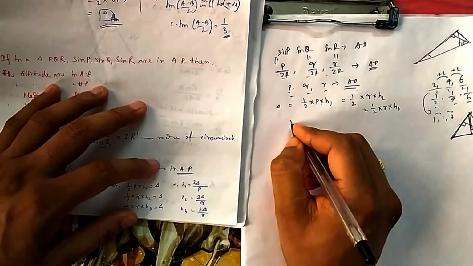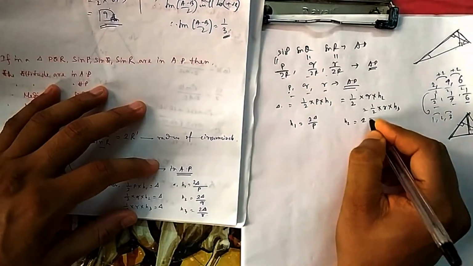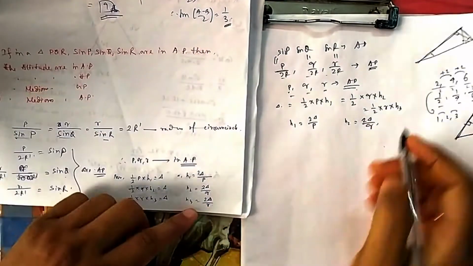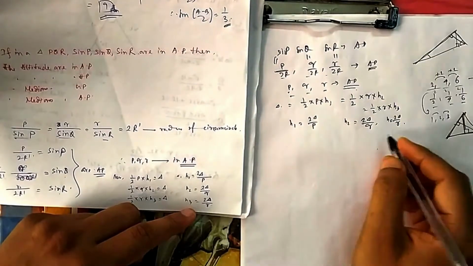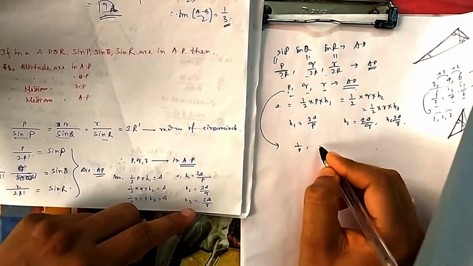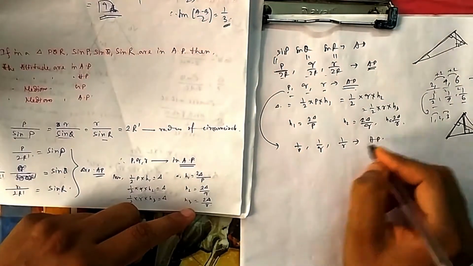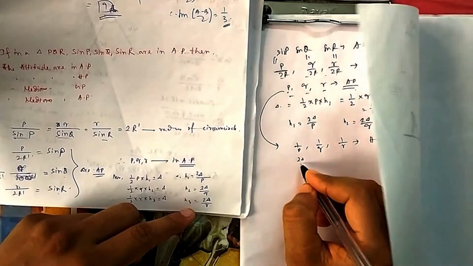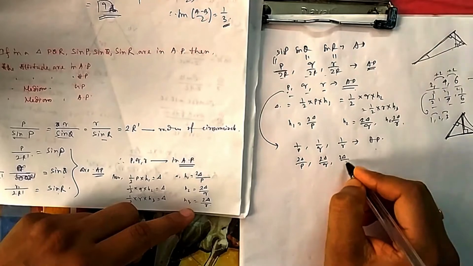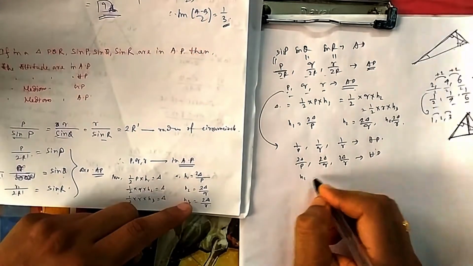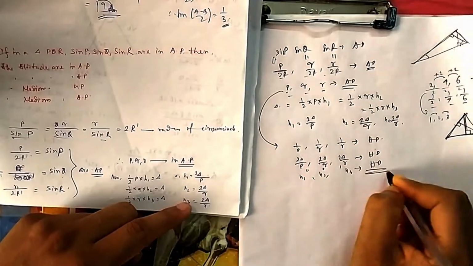Okay. So from here, if you calculate, H1 will be 2 delta by p, H2 again 2 delta by q, H3 2 delta by r. Now because p, q, r are in AP, so 1 by p, 1 by q and 1 by r will be in HP. Now again, if you multiply an HP by a constant number, it will remain in HP. So you got the answer. These heights, 2 delta by p, 2 delta by q, 2 delta by r, are also in HP. That means your heights H1, H2, H3 are in HP. So that's why this is the answer.